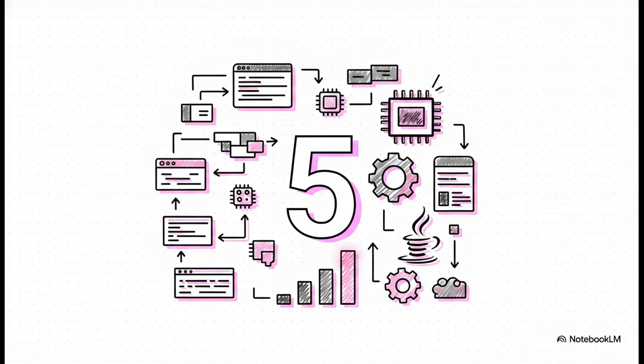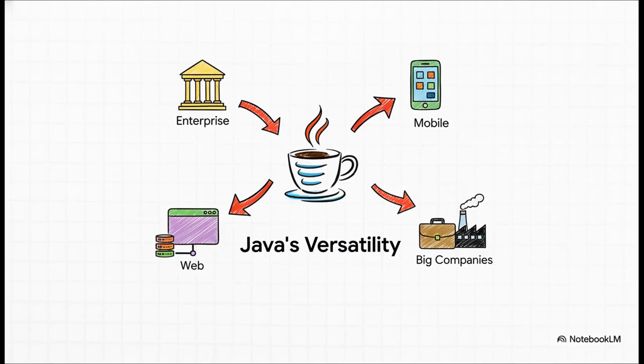So this isn't some passing trend we're talking about. It is practically a foundational pillar of the whole tech industry. And honestly, that top spot makes total sense when you look at its incredible versatility. Java is literally everywhere. We're talking massive enterprise applications, the super complex software running banks and giant corporations. It's also huge in mobile development, especially Android apps. Plus, it runs complex web development back ends. Because it's just so rock-solid reliable, it is the go-to, heavily preferred language for big multinational companies. When these giants want to build something that actually lasts, they reach for Java.